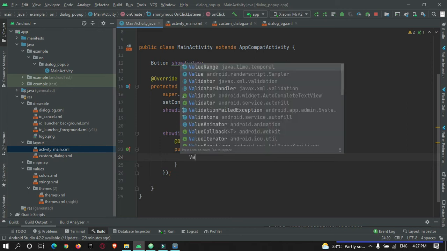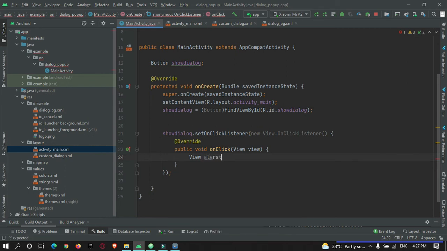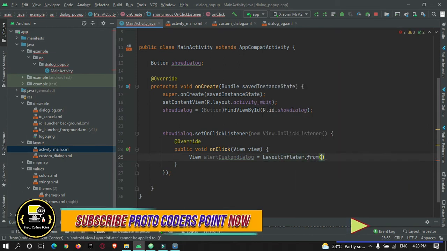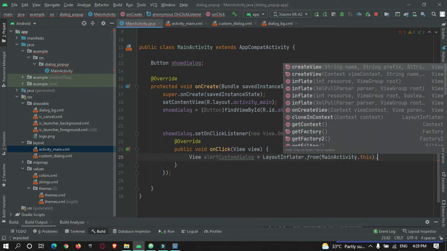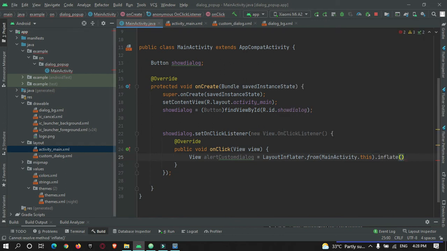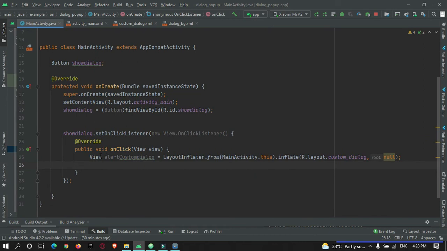So first of all, you need to create a view, that is alert layout, alert custom dialog. Okay, so layout inflater dot from main activity dot this dot inflate the layout that we have created, layout dot custom dialog. Okay, so we have created a view by making use of layout inflater, and we have passed the custom dialog